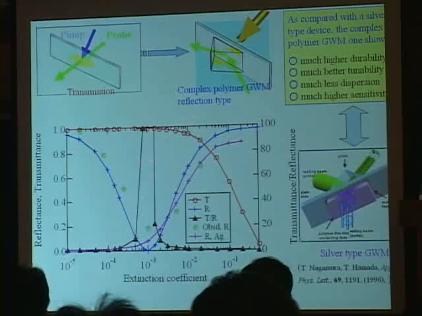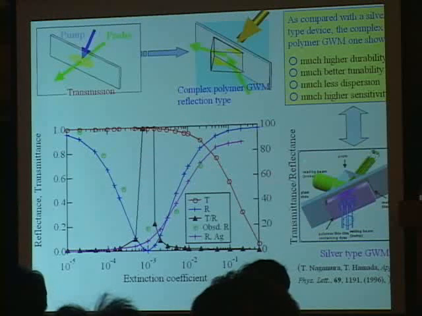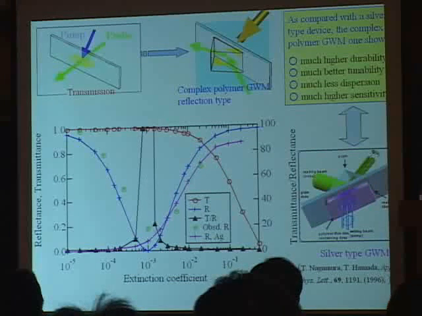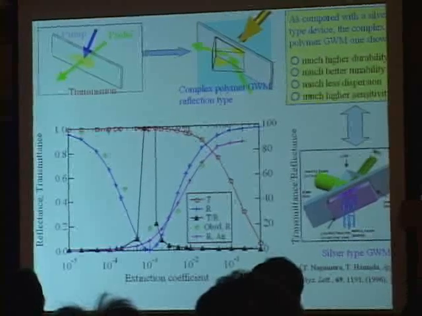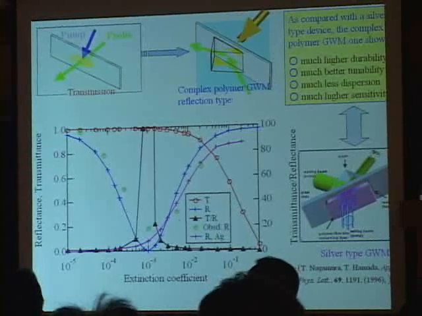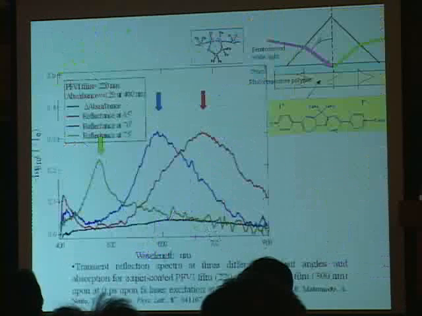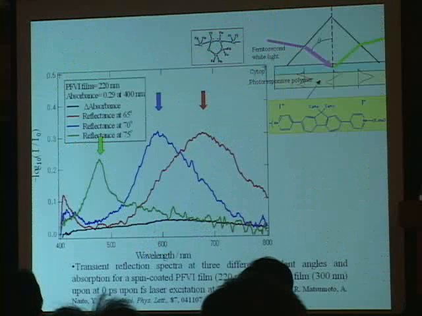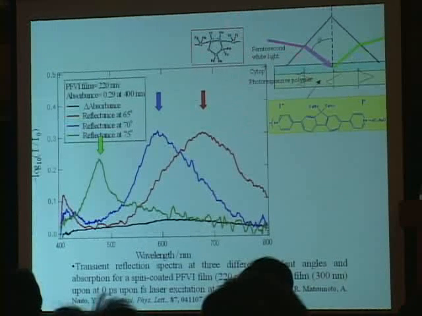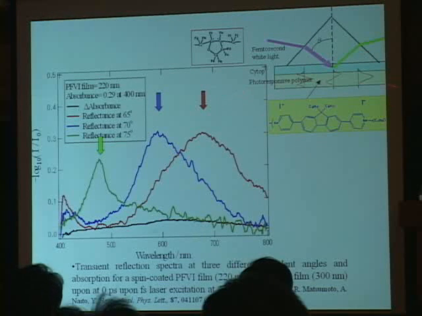So this behavior is totally different. One of the biggest advantages of our system is sensitivity. Sensitivity means that we can use a very small light intensity to control a very large change of reflectance using this device. So we demonstrated, this is the structure of Cytop, as I told you. So we demonstrated using this Cytop as a low refractive index polymer and this polymer as a photoresponsive polymer. We actually observed